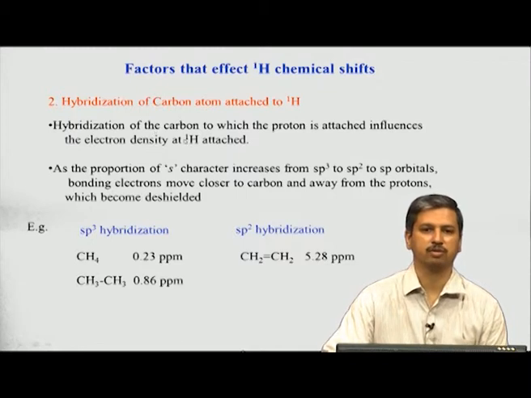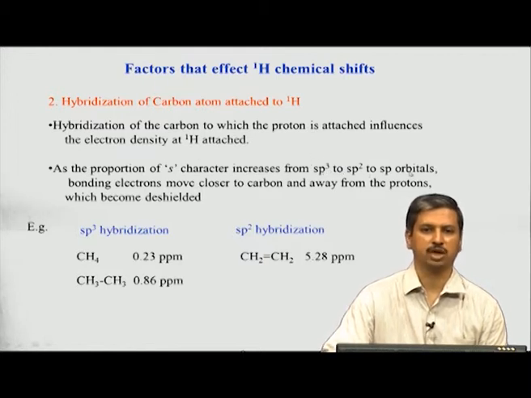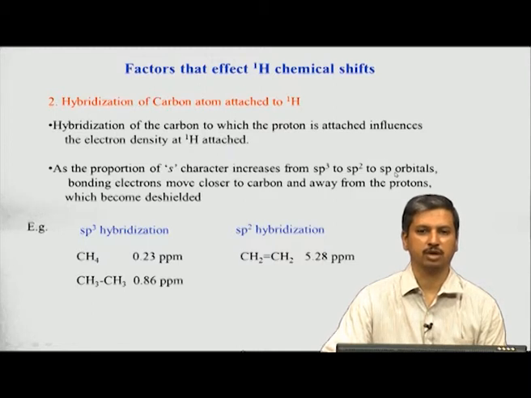So, all of us who have learned in the college level or in the post undergraduate level what is hybridization of carbon. So, carbon hybridization, basically we talk about the s character, that is s orbital contribution to the bond to the orbital, and the p orbital. So, these two combine to form this sp3 or sp2 or sp kind of orbitals which are involved in the covalent bond. So, if you look at CH4, the CH4 system, it is sp3 hybridization, and that is what we saw, it is 0.23 ppm.